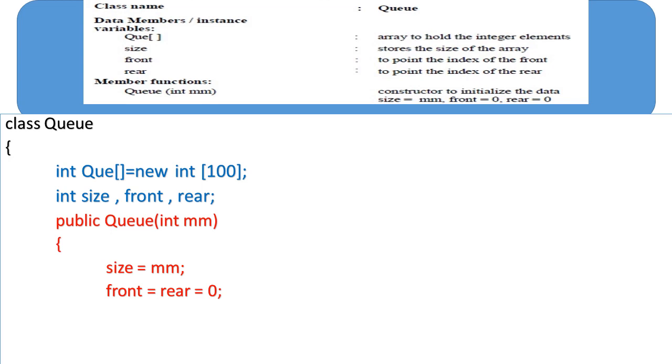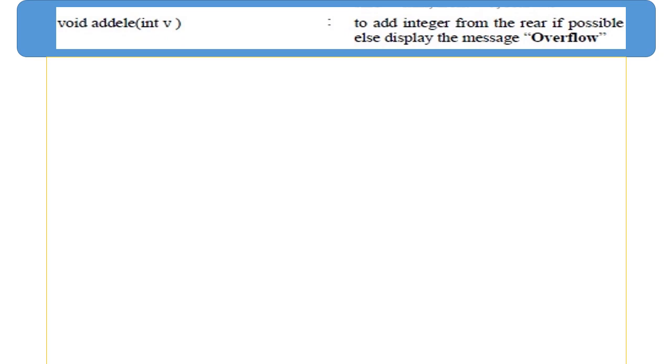0. Now it is understood, once we give the size for the array, we have to instantiate this array also. So we have to create this q array with the given size. So we can write q equals new int[size]. Okay. Now we will move to the next function, that is add element.